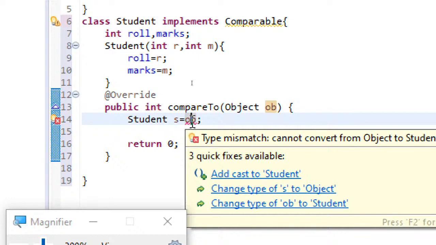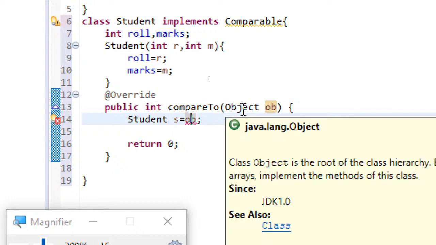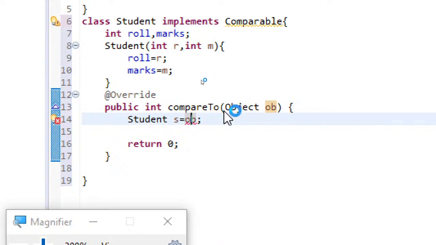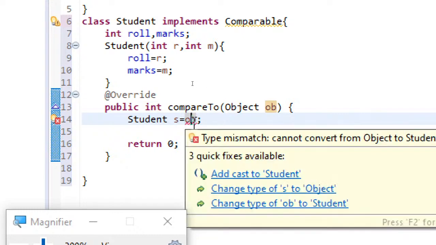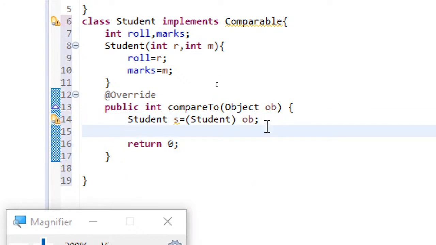But if you are doing the reverse, that is, if a Student object is being stored into an Object, you don't require any casting. But when the generalized type itself is being assigned to the specific type, explicit casting is compulsory, and that's what the quick fix is showing. Just select that, so casting will be made automatically.